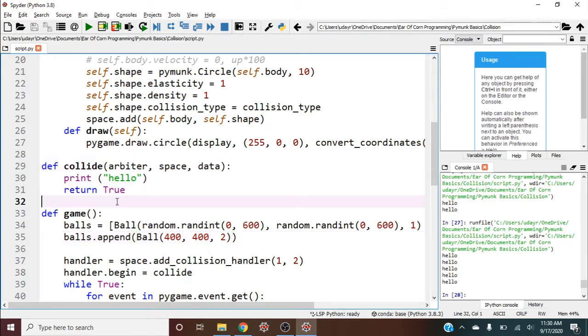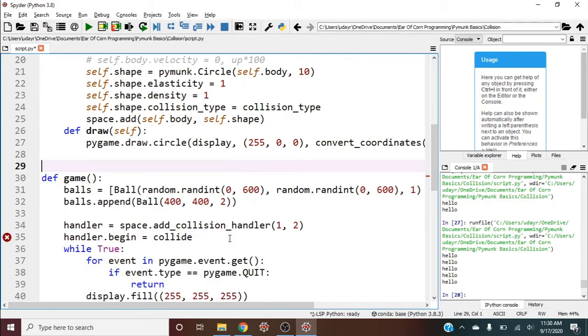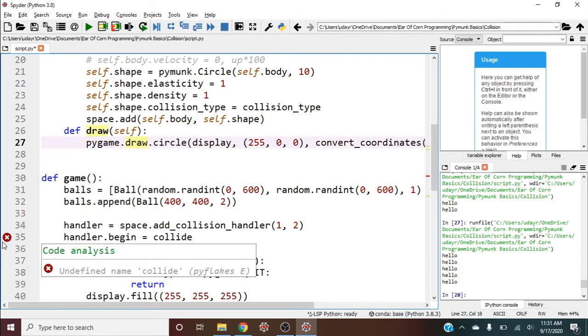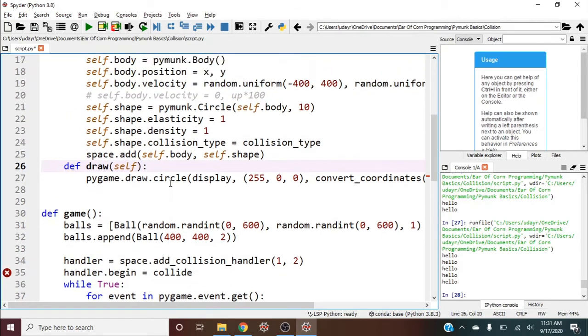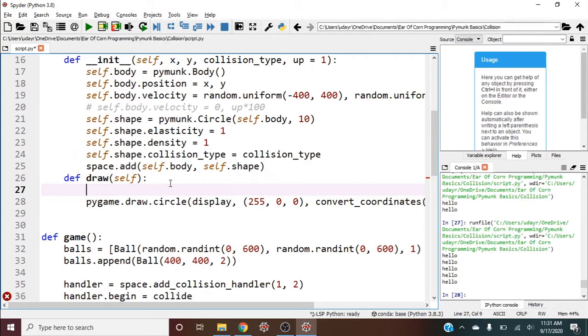So the last thing we want to do is maybe have that one ball be blue instead of red, and every ball it touches, I want to turn it to be blue. So instead of collide, I want something else to happen. Oh, I found insert on the 0 key. So there we go. So what we need is two different things to happen in the draw class. We need to either draw it as red or draw it as blue. So I'll say if collision type,